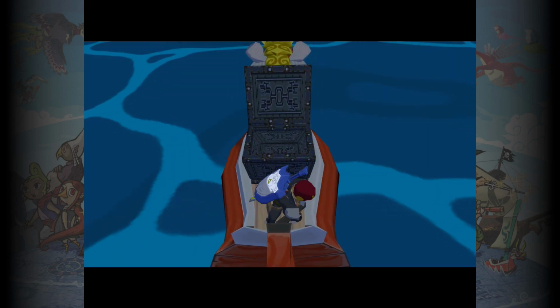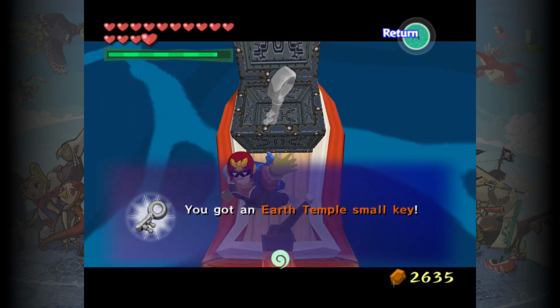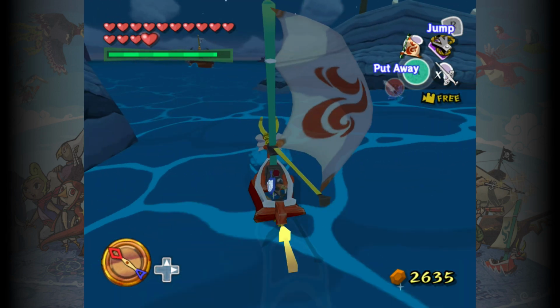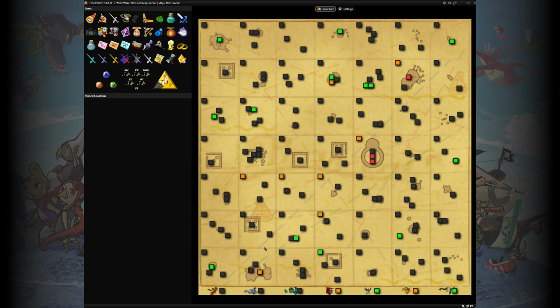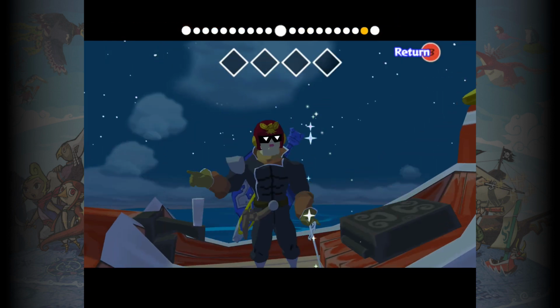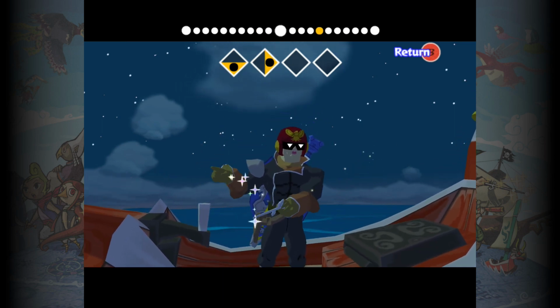So there we go, Earth Temple Small Key. Wow, we're getting everything we need. Earth Temple Small Key and the Skull Hammer. So let's go ahead and go to Earth Temple Small Key, and that's the last small key we need. So perfect. So yeah, all right. Well, whoa, oops. I unpaused the game before actually switching back to the right window. All right, well,